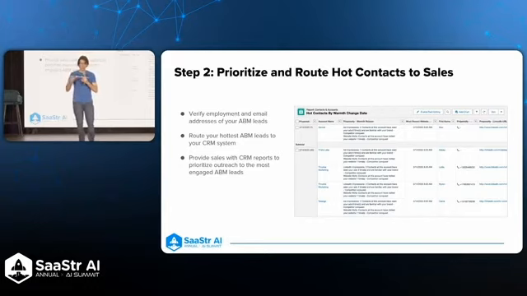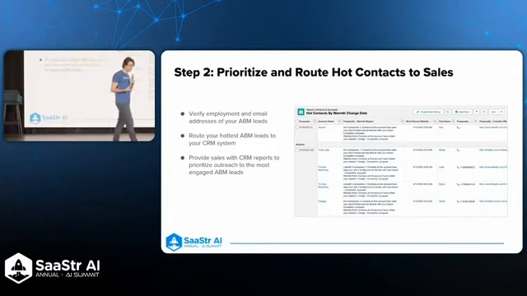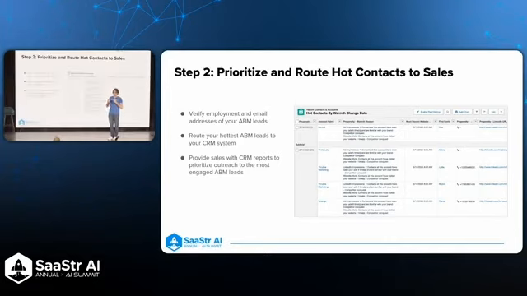Instead of just spraying and praying and missing the mark 99 times out of 100, or 999 out of 1,000, you're looking to have more quality at-bats because you're reaching out to the right people. Anything that goes into the CRM system, anything that goes into the hands of sales, should be pre-vetted and pre-qualified as an accurate lead for them to go after. If you're on the sales team, what we want to hear you say is, give me more of this data because it's actionable and I can actually work this information.